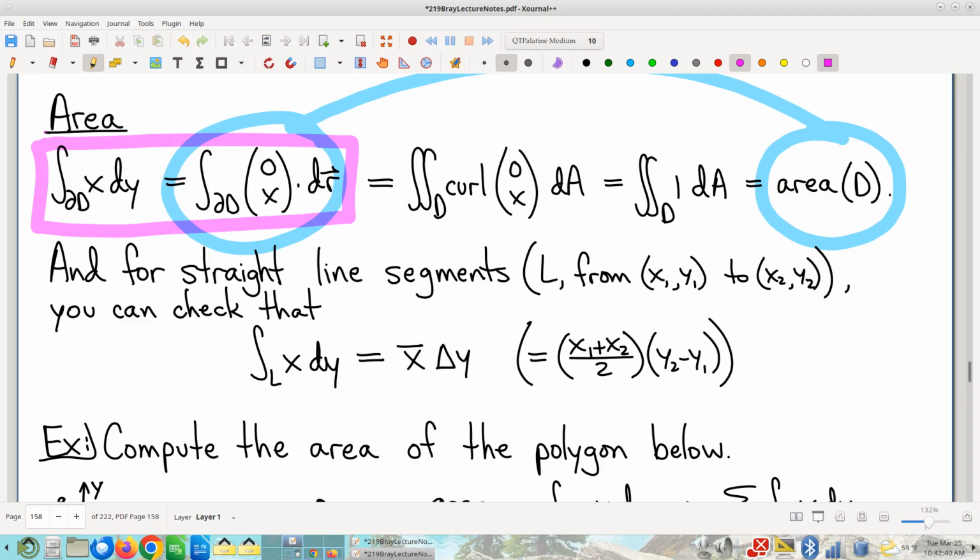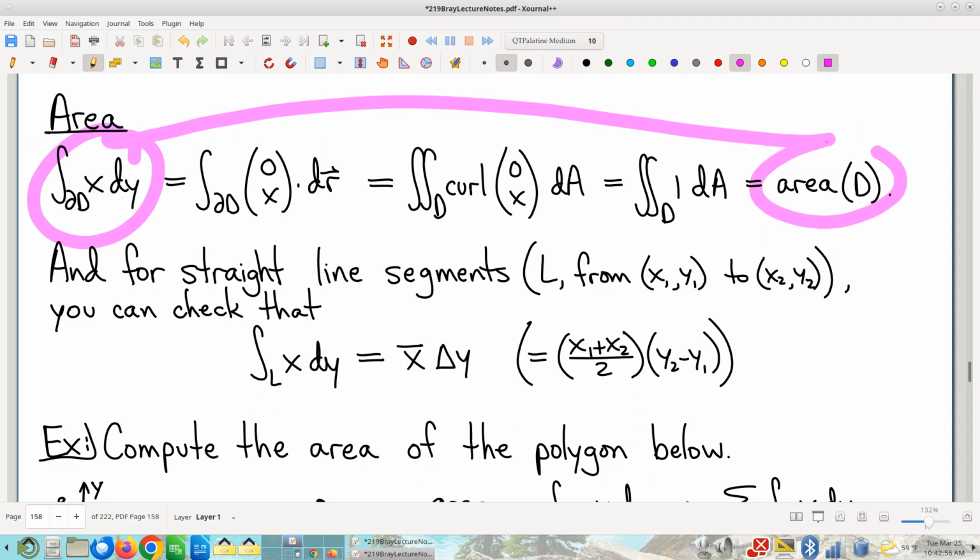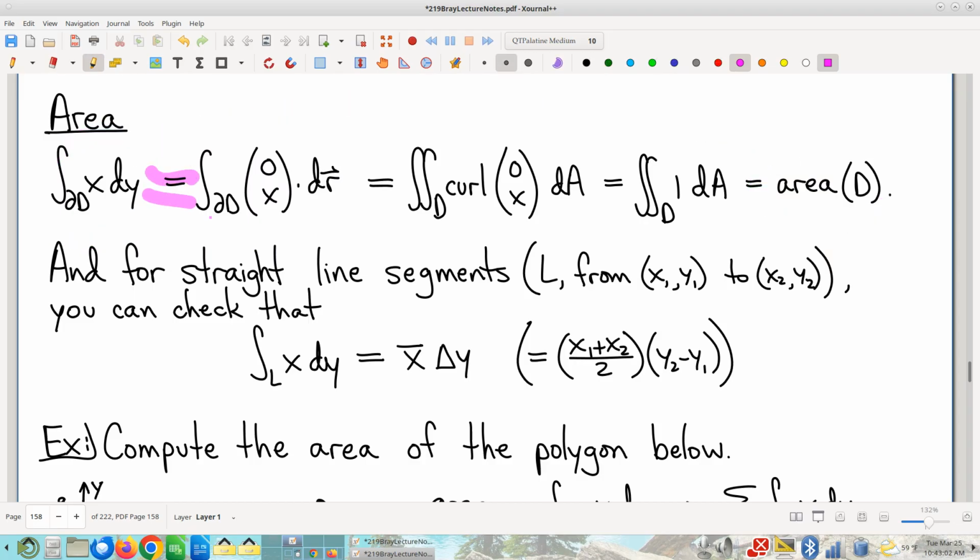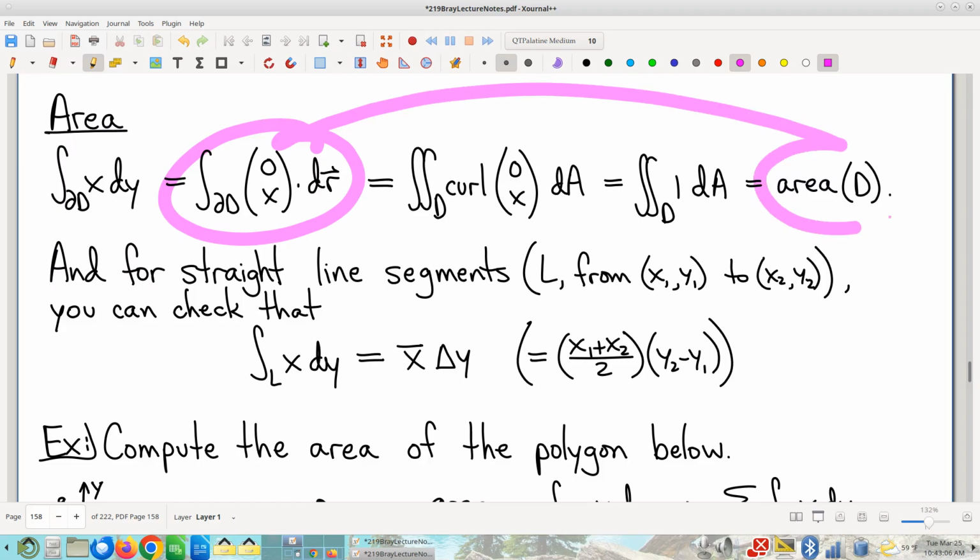It tends to be clunkier, right? And in most cases, it doesn't offer an advantage. But I think I will agree that in this case, what I have on the left is more compact. So most of the time, when you see this theorem, you'll see it like this, just because it's more compact to write. And just remember, all that is an alternative notation for a circulation giving you an area.